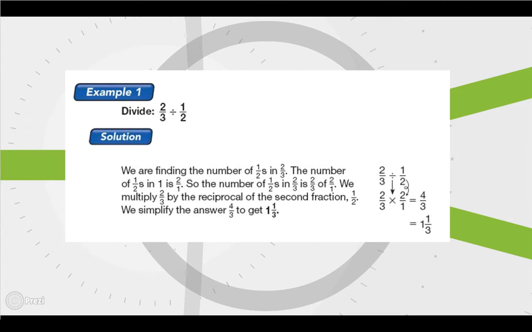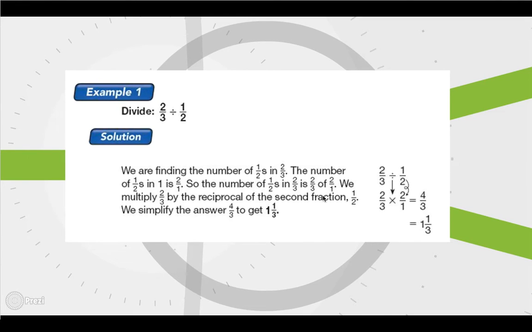Anyway, so we have been teaching you about reciprocals and dividing fractions, okay? And so this is just kind of a continuation of what you probably already know how to do. So when we divide fractions, you have 2/3 divided by 1/2, right? So instead of dividing, what we do is we actually times it by the reciprocal. So you change your division sign to a multiplication sign, and then you times it by the reciprocal. Okay, so you have 2/3 times